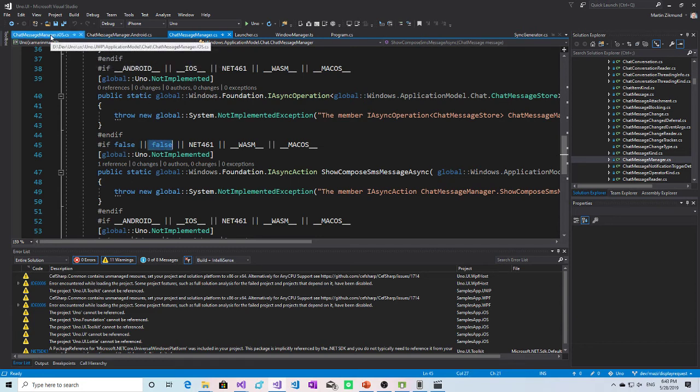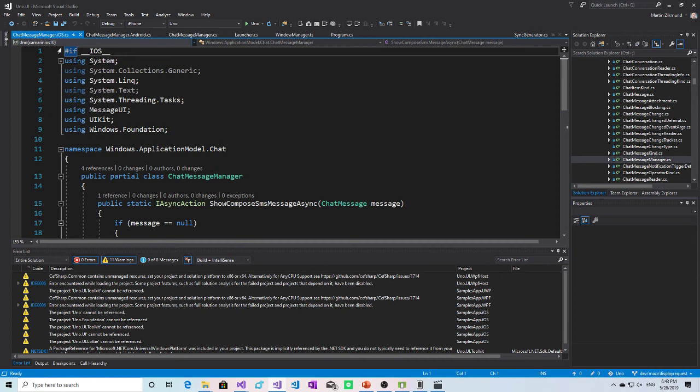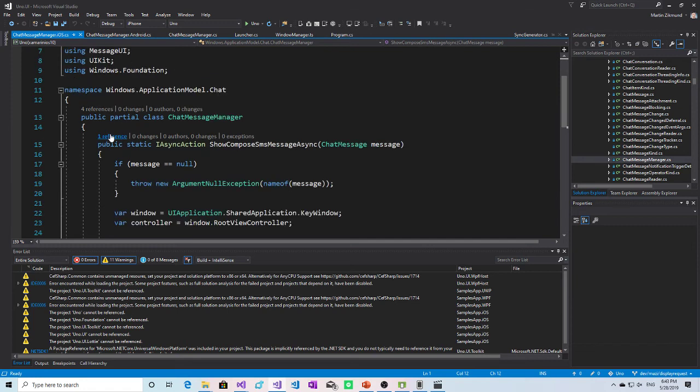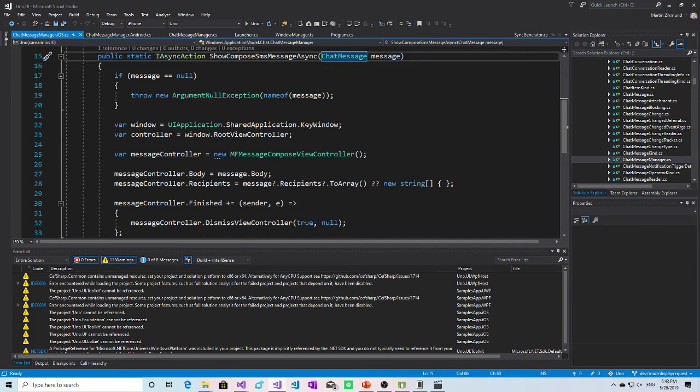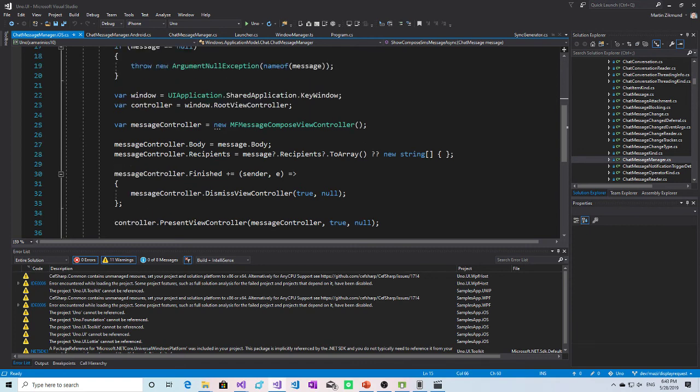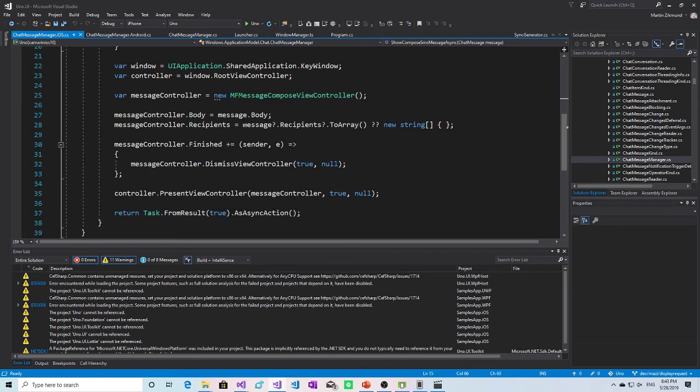And the implementation then looks like this. So it has this directive, which says it should be compiled only for iOS. And it implements the same method, show compose SMS message async, and implements it using platform specific APIs. In this case, for iOS, it's MFMessageComposeViewController, creates a message and shows the controller to let the user send SMS message.